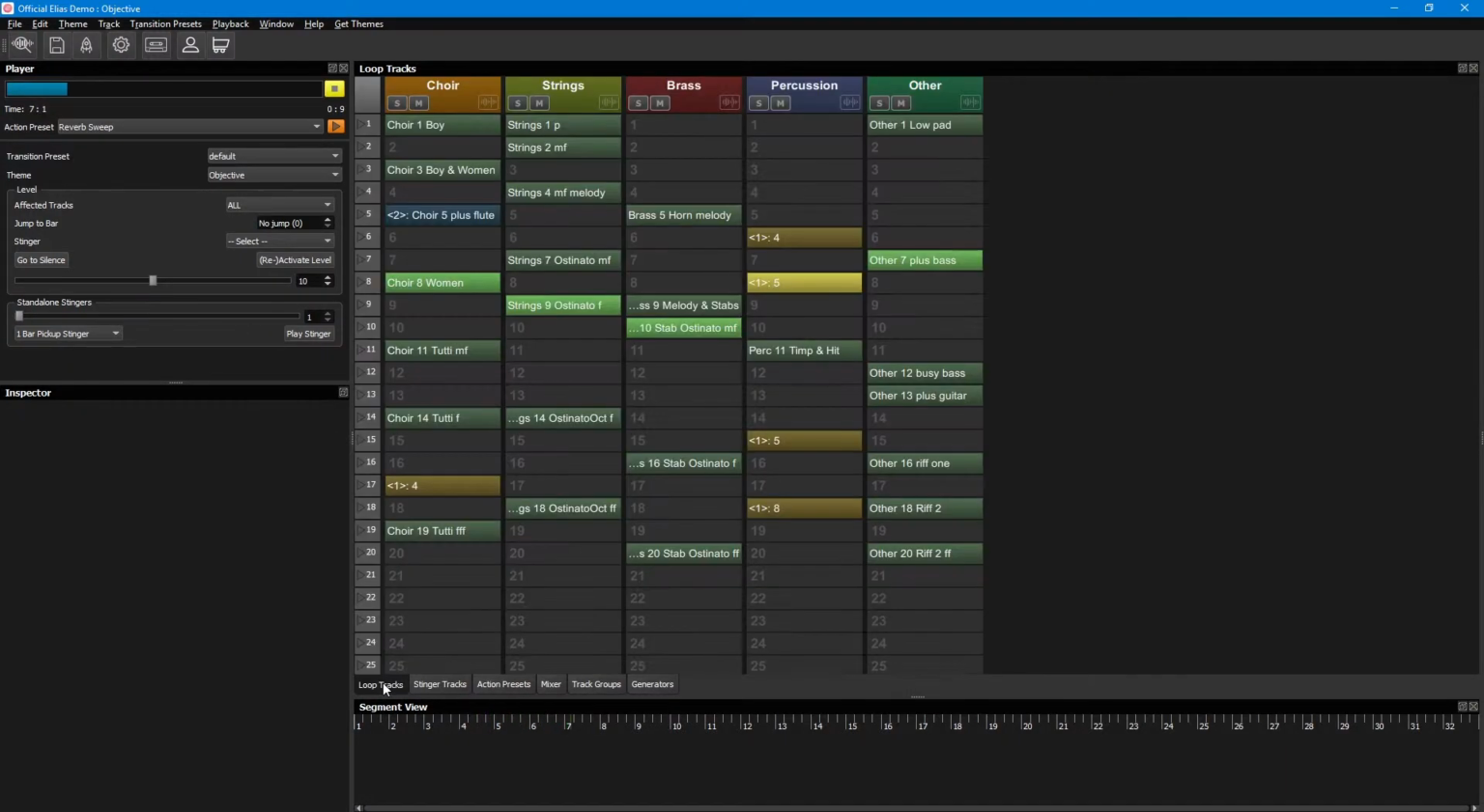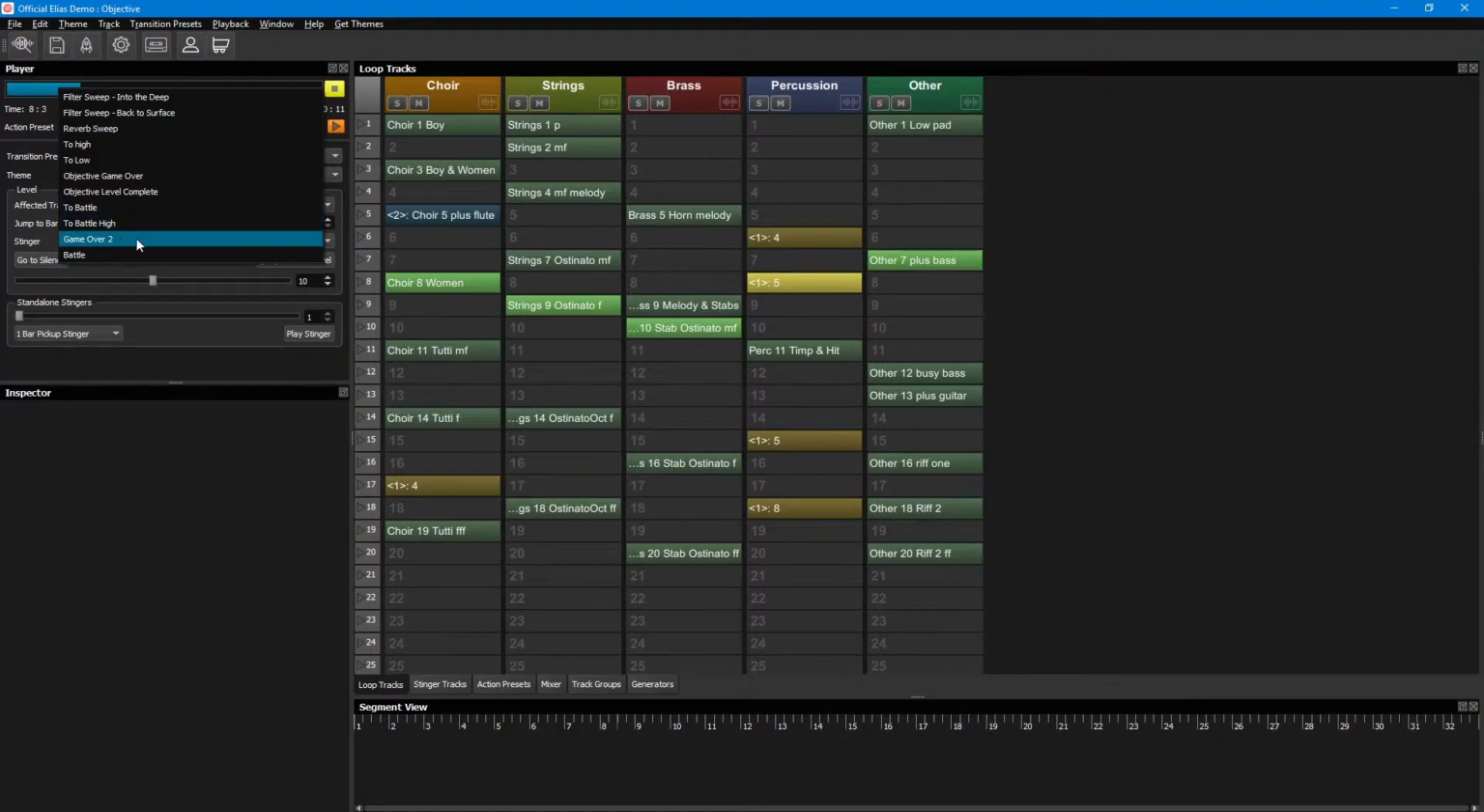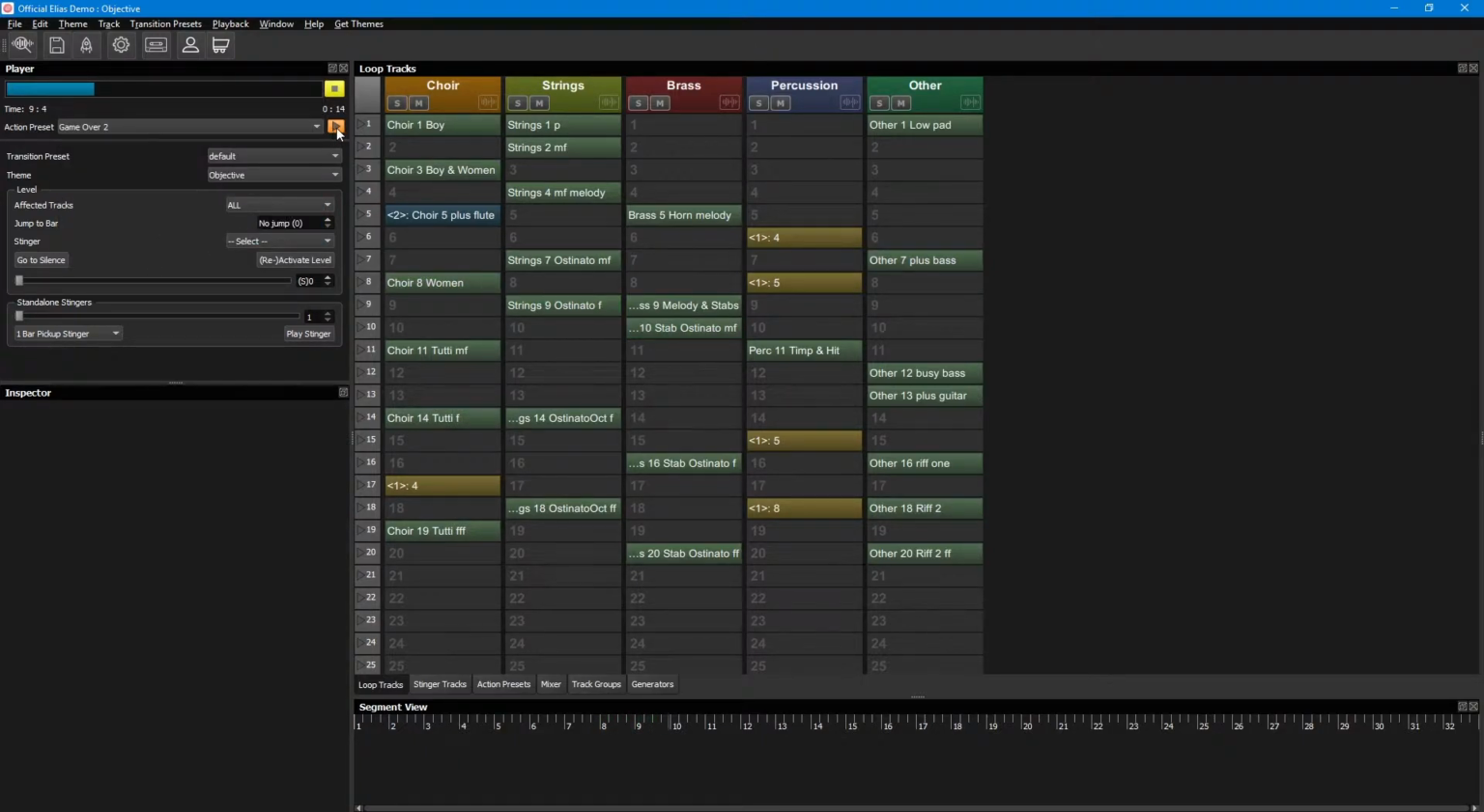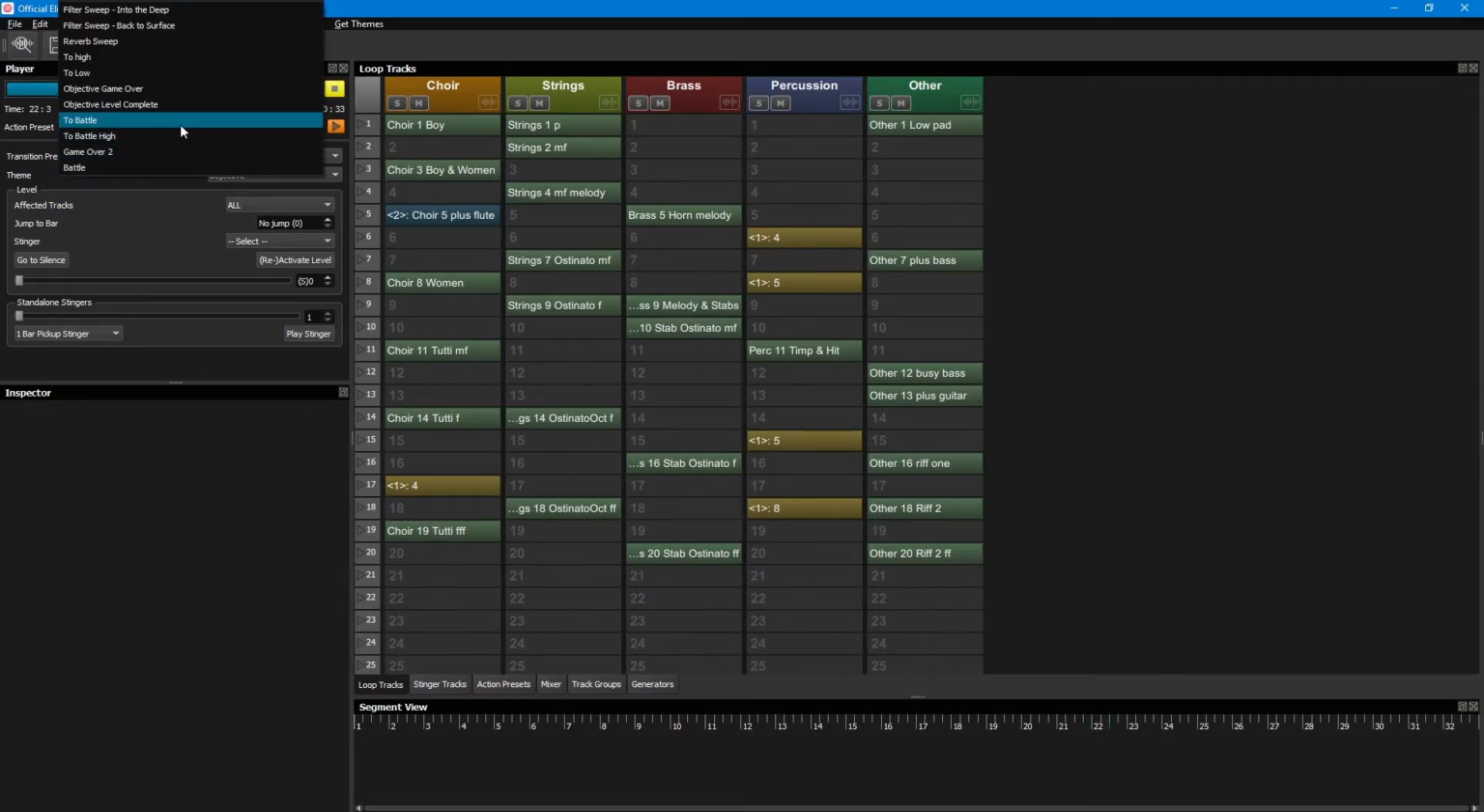Now we'll try out the last of the 3 presets we made, the Game Over action preset. There. As you can see, the theme is still playing, but since we chose in the Set Level event to go to level 0, no tracks are currently playing. We can now choose to start playing the theme again by changing levels, or using another action preset, or simply stop